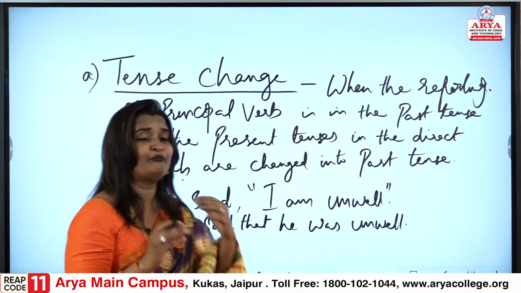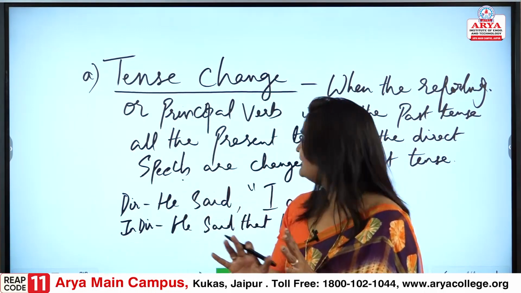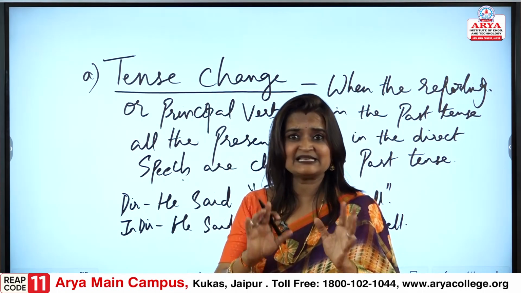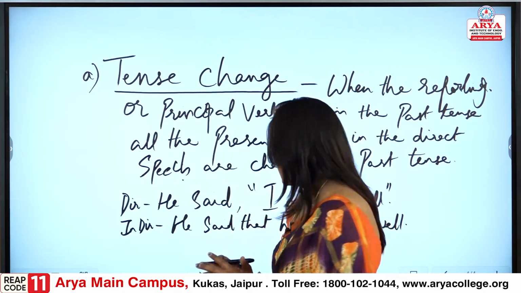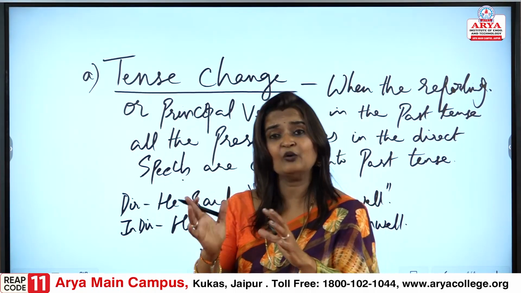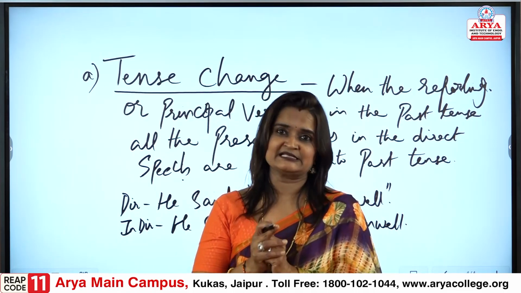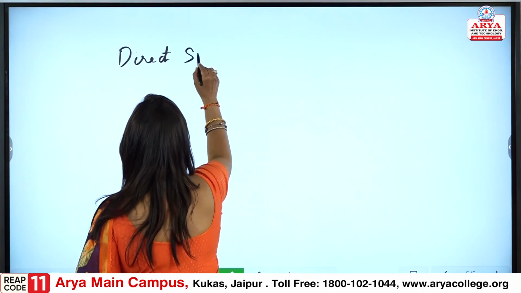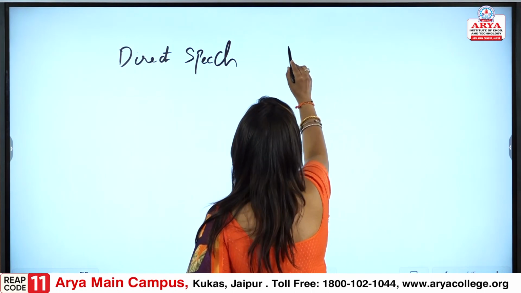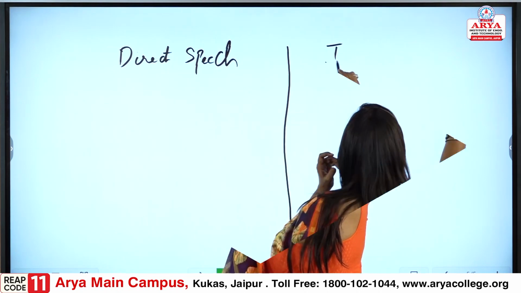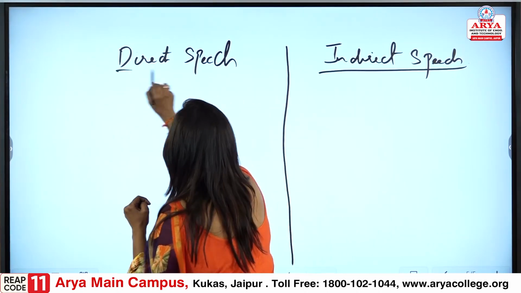Now I think for your better understanding, let us have the understanding of both the tenses, present and past, in all different ways. Let us understand past tense, present tense, future tense and how the conversion works for your better understanding. So, let me proceed further with this. So, we have direct speech. Let us share some examples of indirect speech.